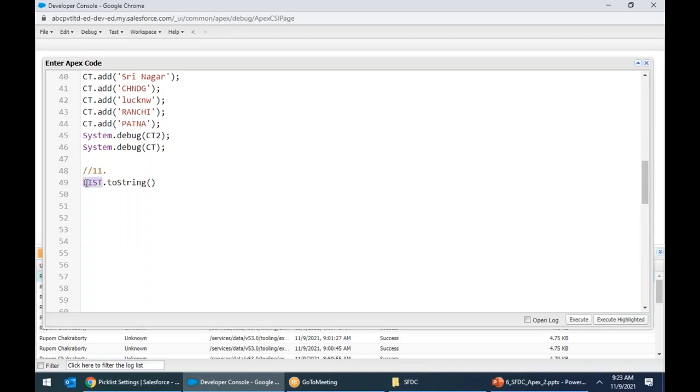It will convert my list city to string. Then I will say string cityToString, CTS equals city dot toString. That means now even if there are 100 data,